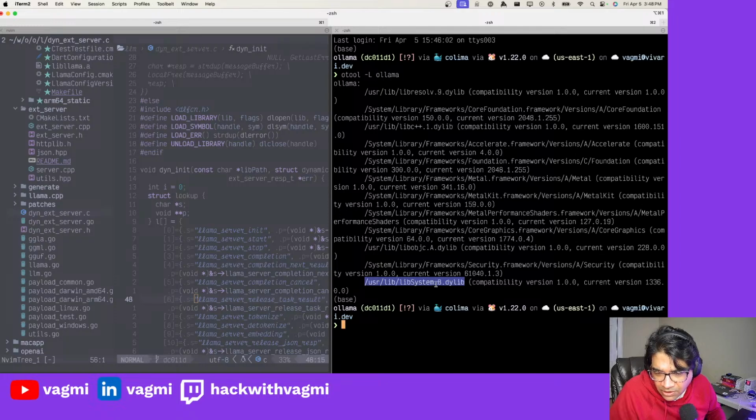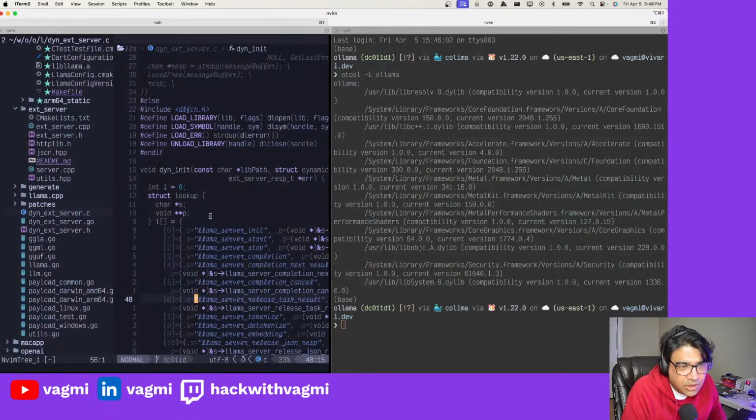I don't know what this is, but I guess this all is there. But what's curious is that it is not loading the other library, and it looks like that library has to be loaded by